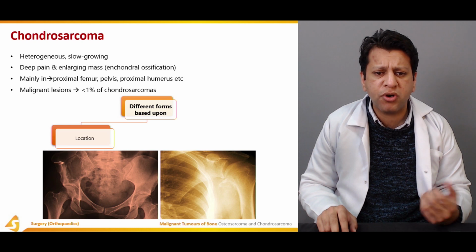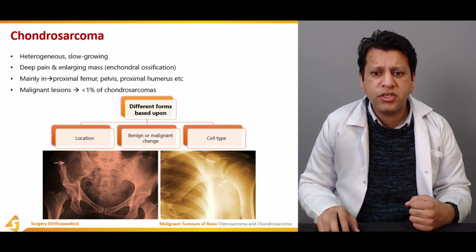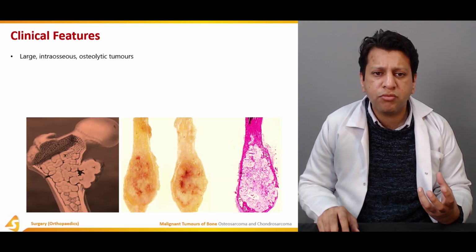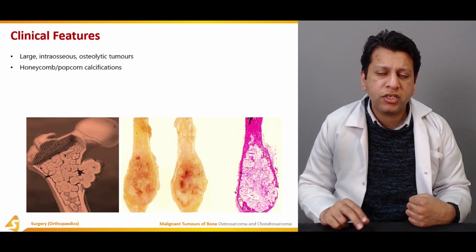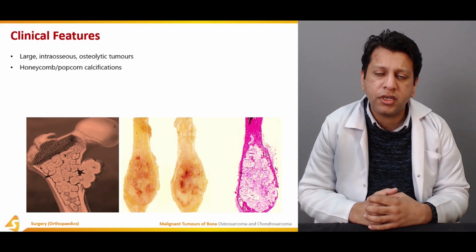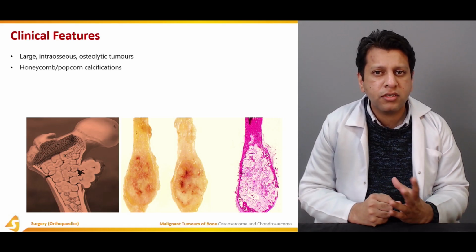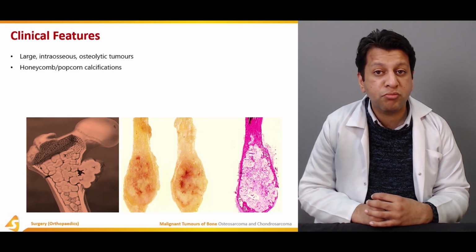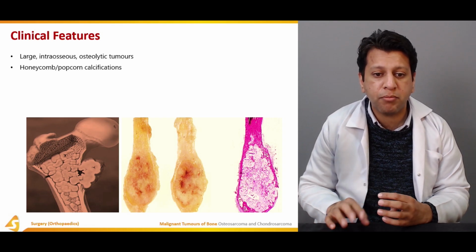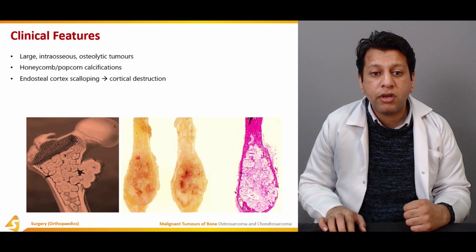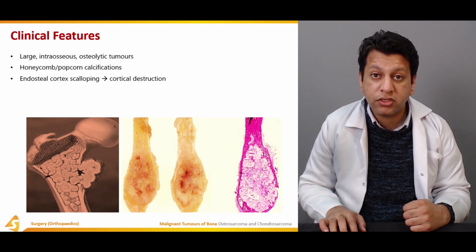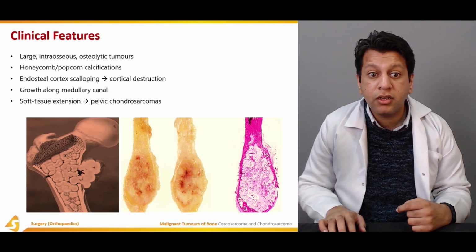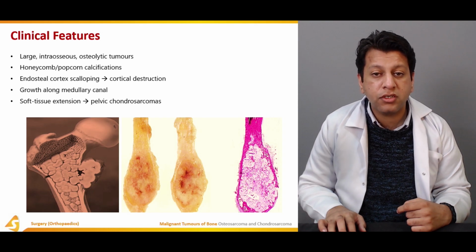There are different forms based upon location, benign or malignant change, and cell type. Usually they are large intraosseous and osteolytic tumors, with honeycomb or popcorn calcification, as they are of chondroid variety. The classical representation is usually in the epiphyseal region, with increased intense calcification, called the popcorn appearance or spiculated calcified lesion, as seen on the X-ray. Endosteal cortex scalloping is usually seen due to cortical destruction, as it is a malignant tumor. They usually grow along the medullary canal, and may be associated with soft tissue extension,